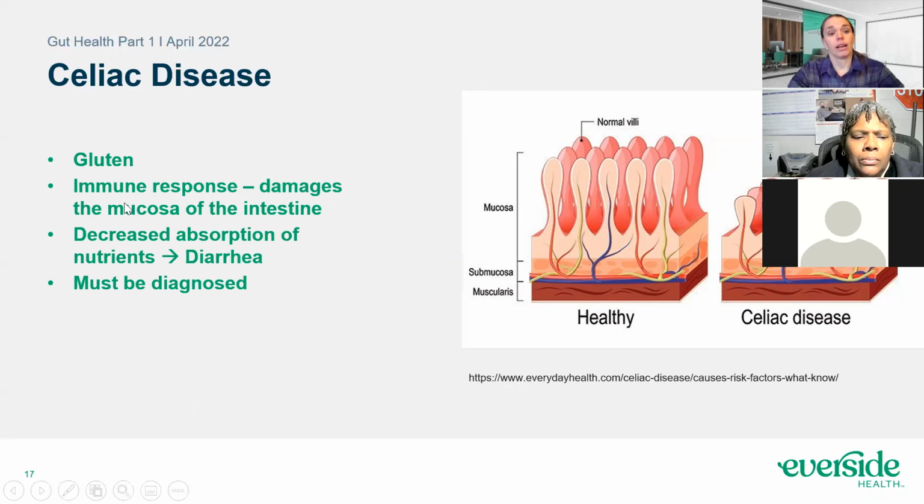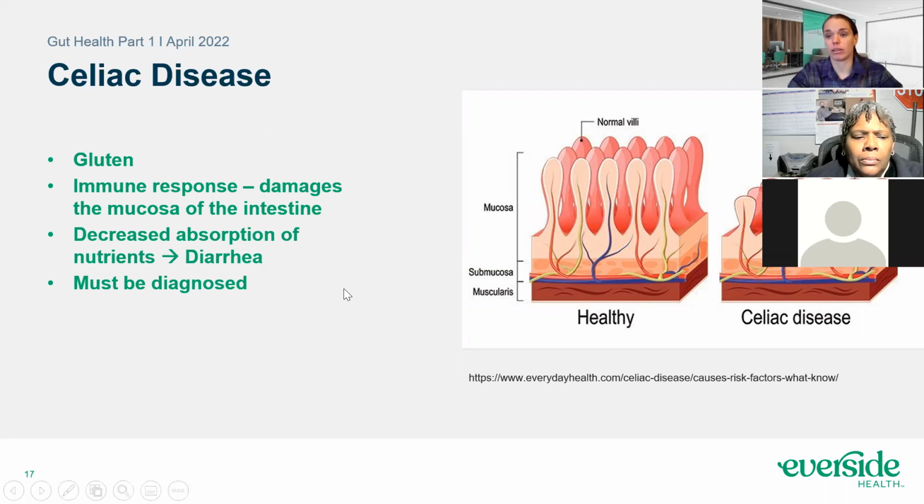The immune response is this damaging of the mucosa in the intestines. So these get worn down. You get more gaps in between the cells, so you're more prone to infections. But also, with this being decreased, you have less area for the nutrients to get absorbed. You also have more diarrhea because things aren't getting digested or absorbed. Things just rush through the intestines.